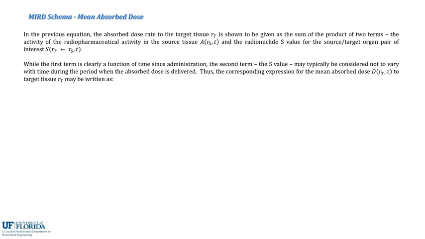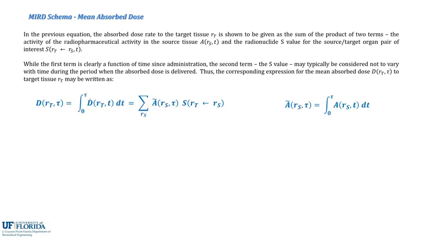The second may, in general, be considered not to vary with time for most applications. A good exception to that rule would be looking at tumor dosimetry. During the course of radiation delivery, the tumor may change in size. So the corresponding expression for the mean absorbed dose would be the time integral of the absorbed dose rate, given